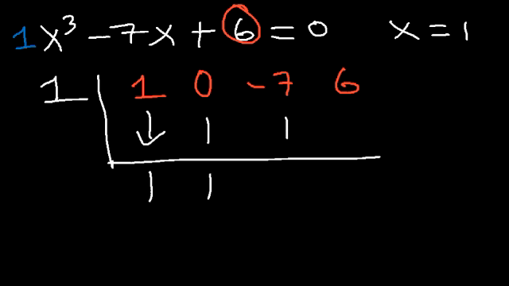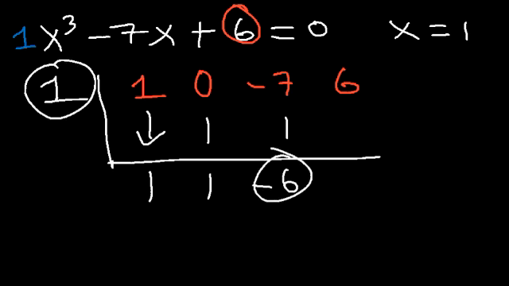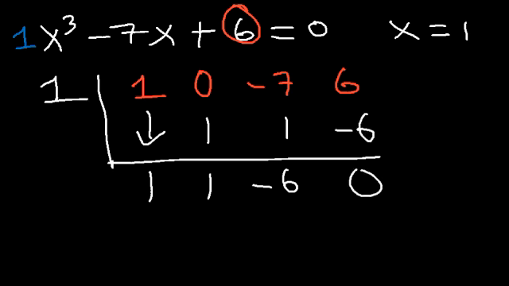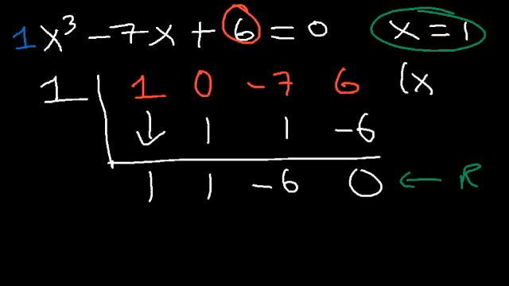1 times 1 is 1. Negative 7 plus 1 is negative 6. 1 times negative 6 is negative 6. And these two add to 0. So if you get a remainder of 0, that means that x equals 1 is the solution to the equation. Now, if x is 1, the factor is x minus 1, because if you set x minus 1 equal to